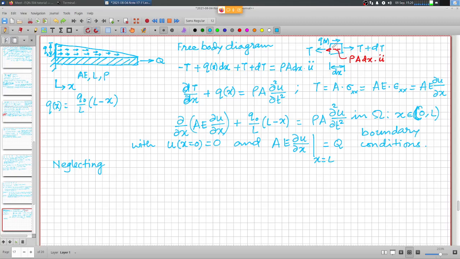Oh, okay, got it. So for each time instant t, this is the picture, a snapshot. Yeah, got it. So we can say this is a snapshot at any particular time instant. Right? So neglecting time dependence,